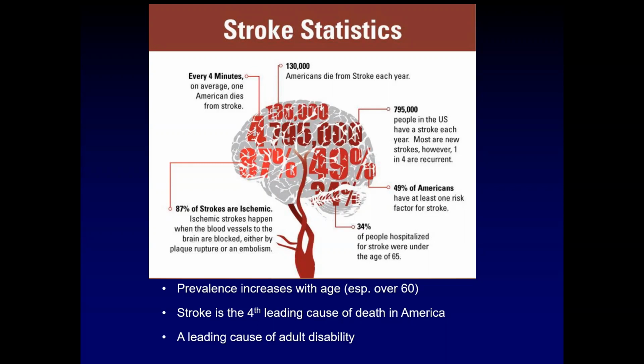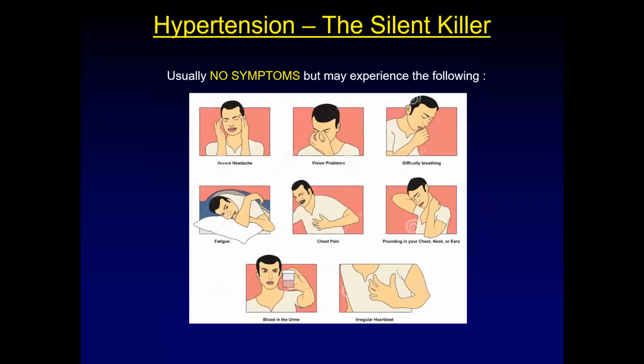The reason that strokes tend to cause disability is when you get damage to neurons in certain areas of the brain, neurons don't come back. We can't regrow nervous system tissue. And so you have impaired motor function, you have impaired speech function. We can do what we can to try to train you back to a place to be able to do things, but we can't always get you back to where you were initially.